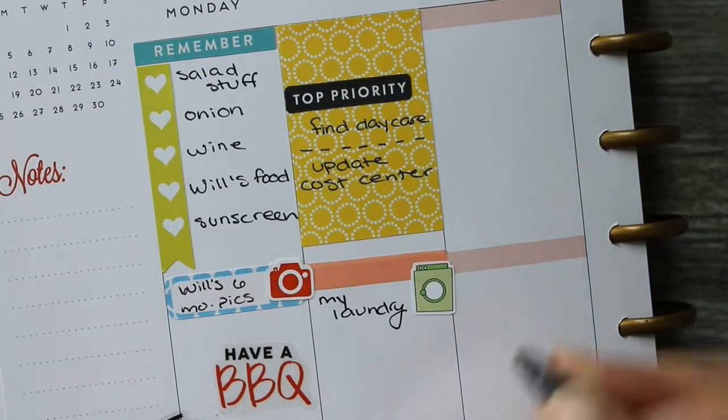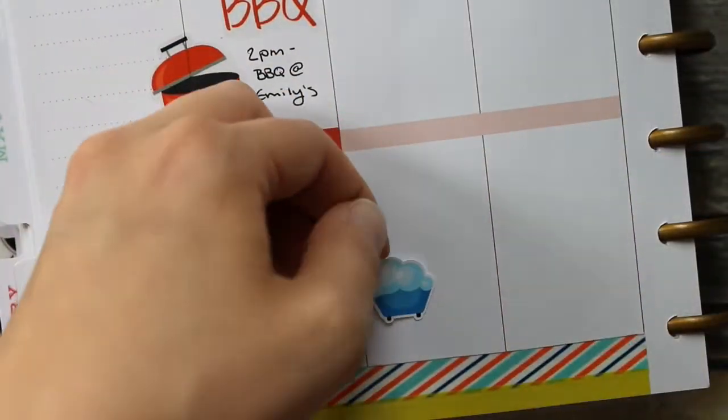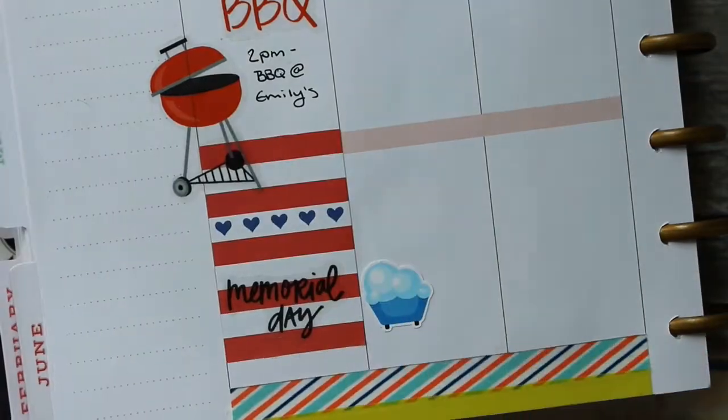So that laundry sticker, that washing machine, is from Sweet Bean Plans. I need to do my laundry, and